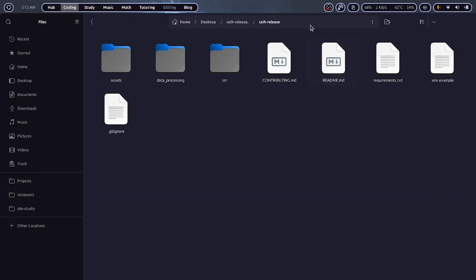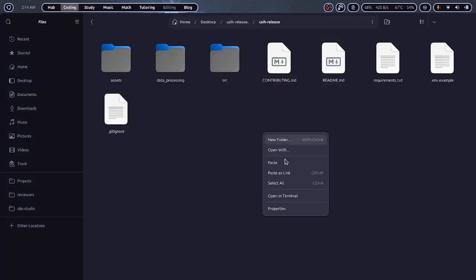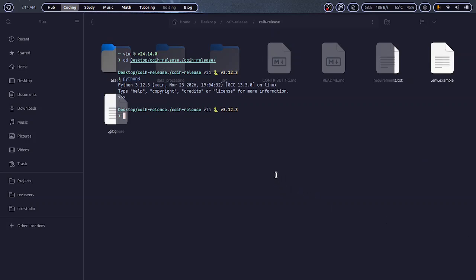The first thing you need to do is to install the required libraries. You could try right-clicking, then open in terminal. Most operating systems can support this. Once you're inside, you can check if your Python is working. Good. And if it is, the first thing you need to do is